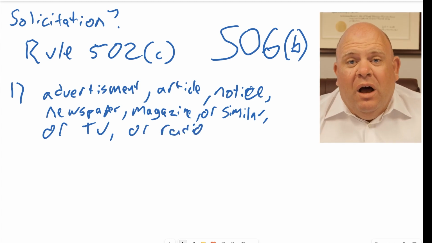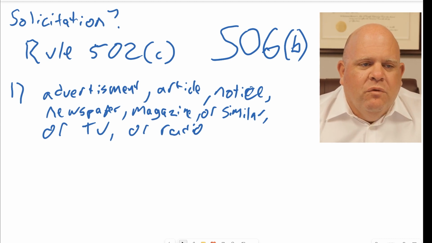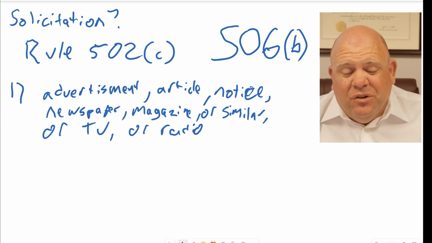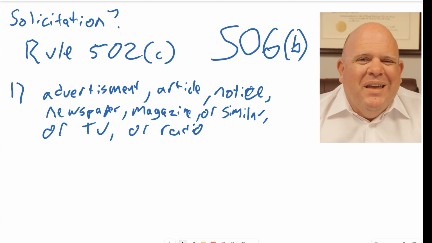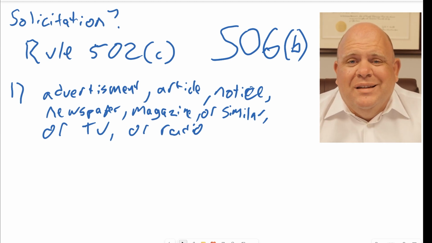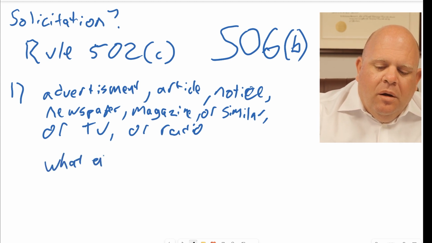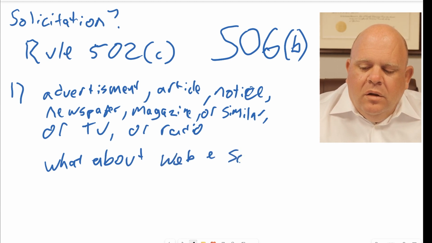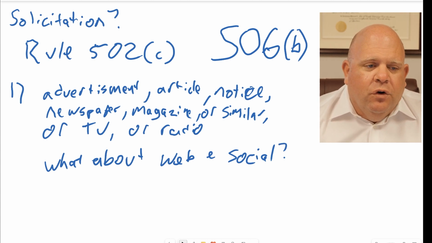Now this just kind of shows how lawmakers really aren't that up to date, because we revised this whole section much later. Come on, who's really doing this anyway? Who's really advertising in the newspaper? Actually, a lot of people do advertise their 506Cs in the newspaper successfully, but that's not really what we're interested in. Most of the time, people want to know about the web and social media. That's what most people are going to as their first thought.